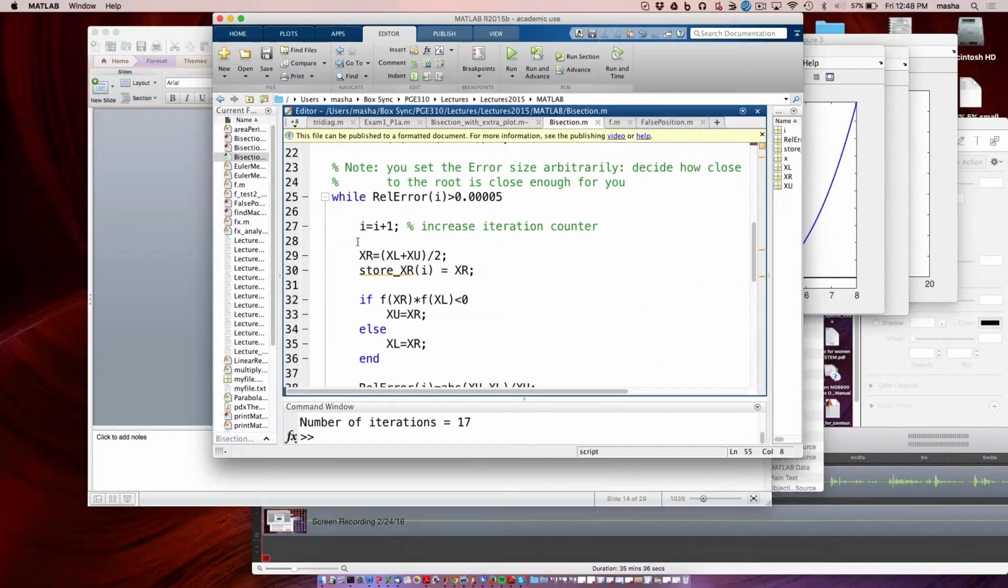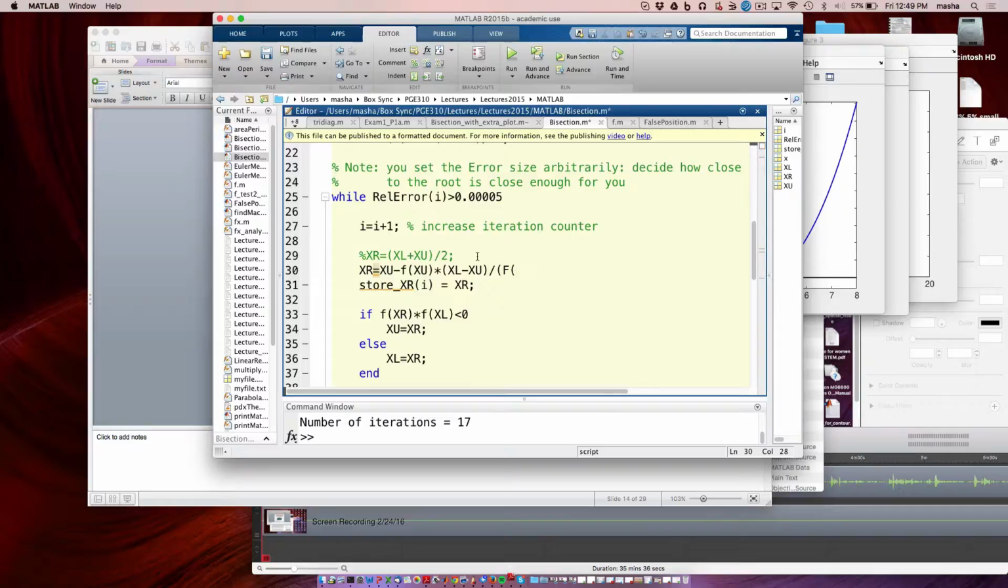So basically, for false position, this becomes XR is equal to XU minus f of XU times XL minus XU divided by f of XL